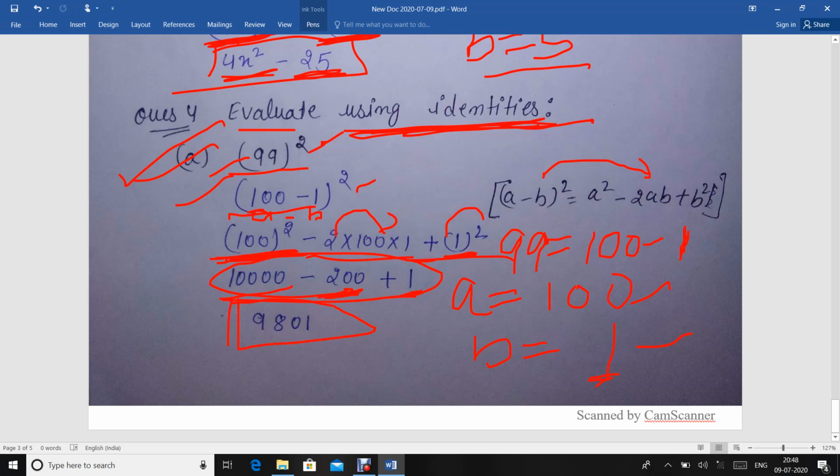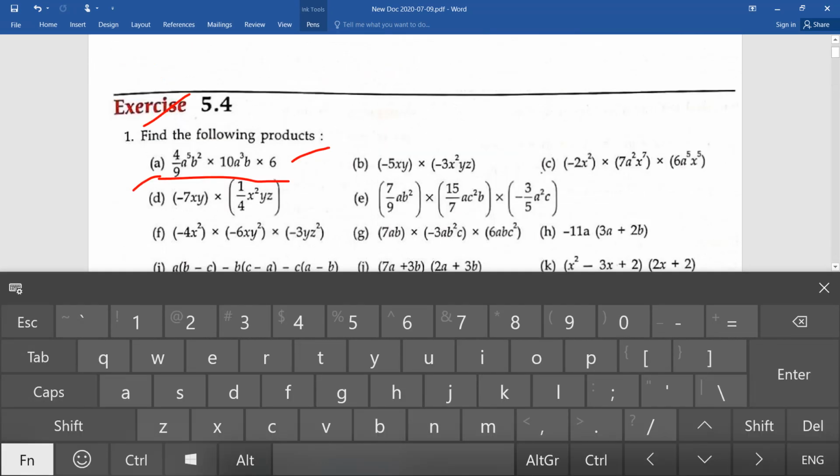I hope all of you understand all these questions. Now you will try yourself and do all the questions in your fair notebook. Ask me the doubts if any, okay? You are free to ask. If you have any problem, then seriously you can message me and ask. I will clarify all your doubts. And please do all the questions in your fair notebook. Practice all the questions, because for these questions practice is compulsory. Without practice you can't learn these identities or the operations.